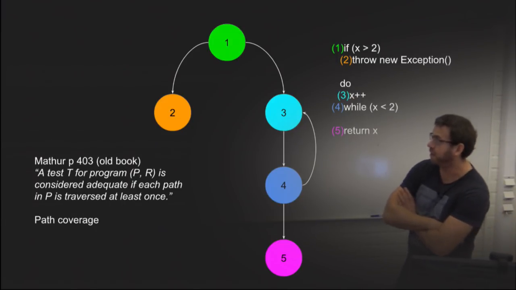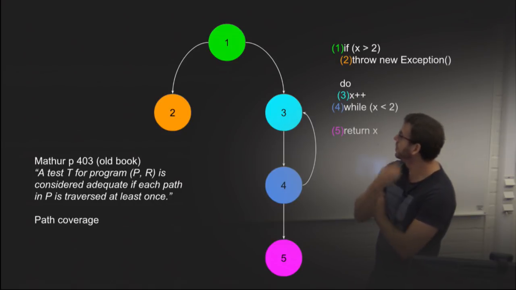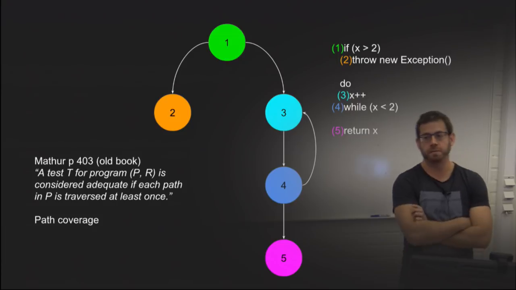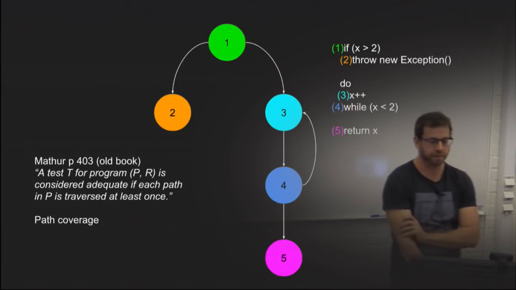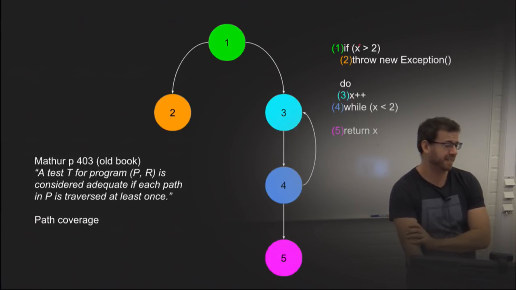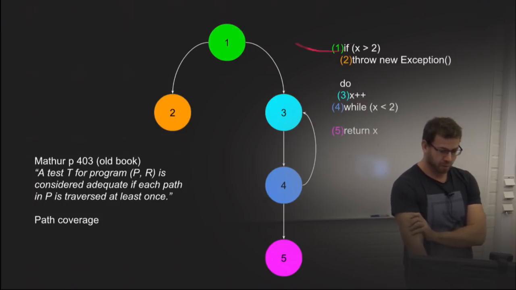It's called path coverage. We have a pretty stupid program on the right-hand side, and it says that if the input x is larger than 2, then we throw an exception. So the program stops there and throws the exception, and then perhaps we have exception handling in some other part of the code. We start over here. This is the if statement, and the if statement has a true and false. If its value is true, then we go down here. But if x is less than 2, perhaps it's 1, if this is an integer, then 1 or lower,